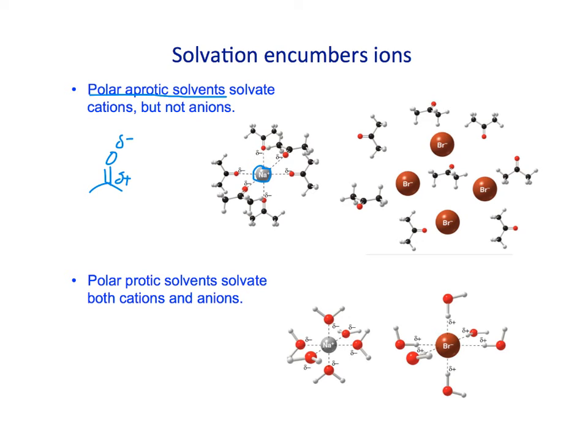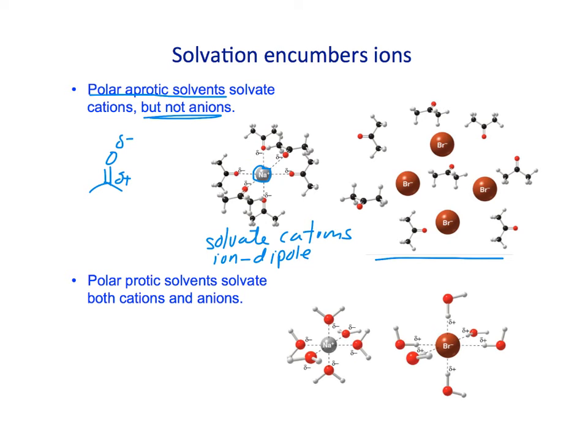So they can solvate cations, right, through an ion dipole interaction. However, polar aprotic solvents are not good at solvating anions. The delta plus of that carbon is too surrounded, it's too sterically congested to be able to solvate anions. So here's a drawing on the right where bromide anions are surrounded by acetone molecules, but the acetone molecules are